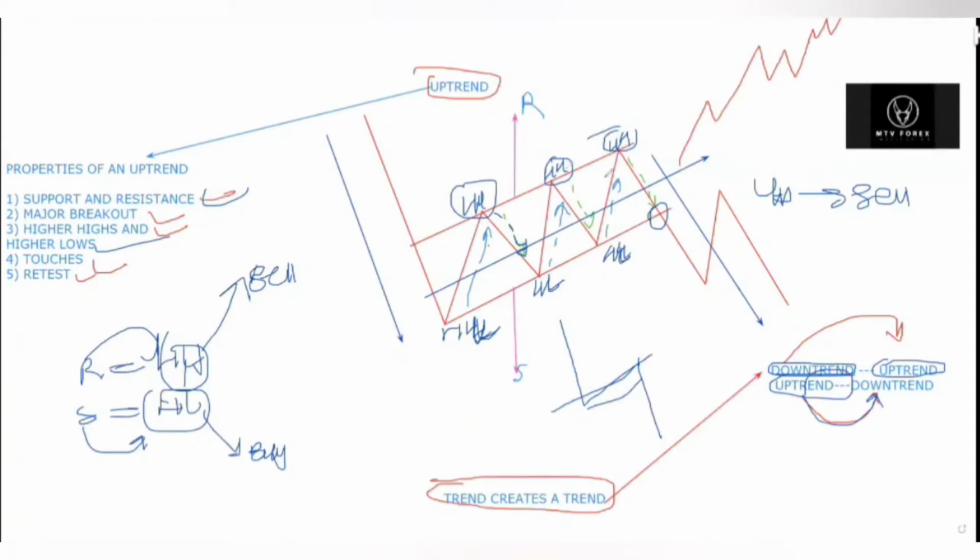So that's about it within an uptrend. You understand? Let me just repeat everything within an uptrend. An uptrend has 6 properties. We'll talk about the rest as time goes on. What is an uptrend? An uptrend refers to the upside movement of the market. So an uptrend has a breakout, resistance and support, and it also has higher highs and higher